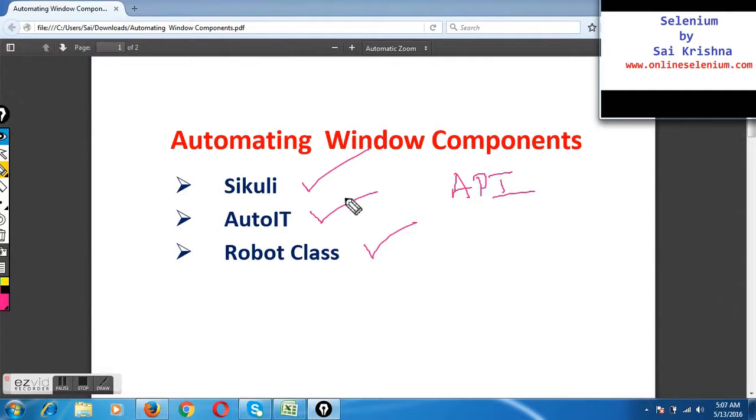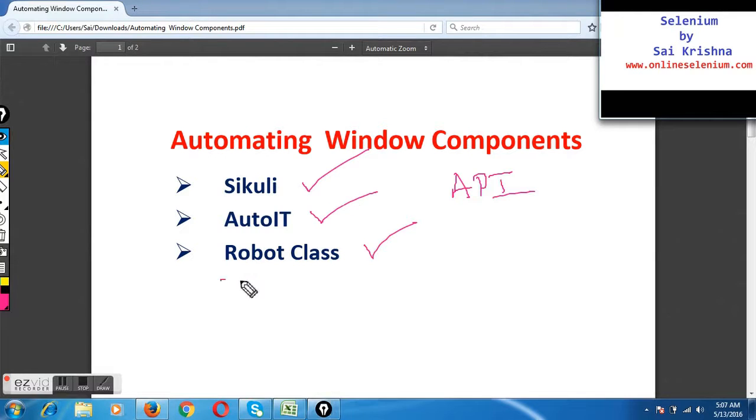We first install AutoIT and create the AutoIT program in the SCITE script editor. Once the program was created, we compiled it and an exe file was generated. The path of that exe file we gave in the Selenium program. So that was how Sequely and AutoIT were handling the window components.